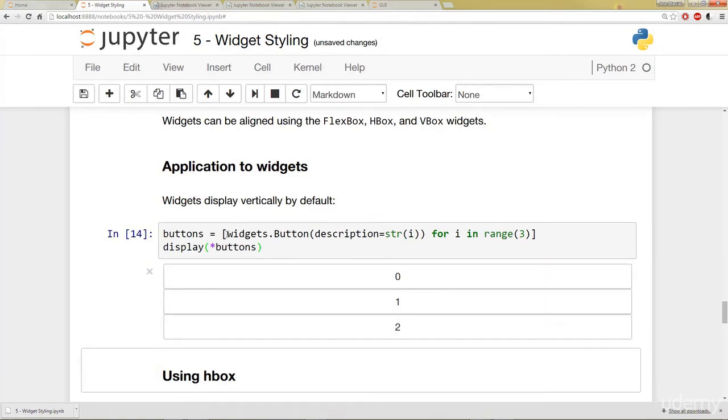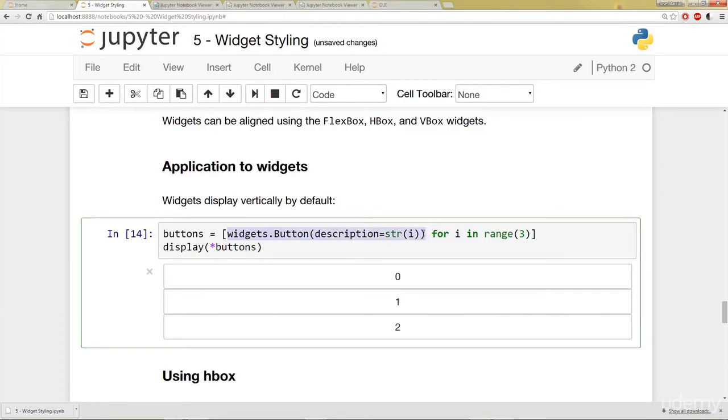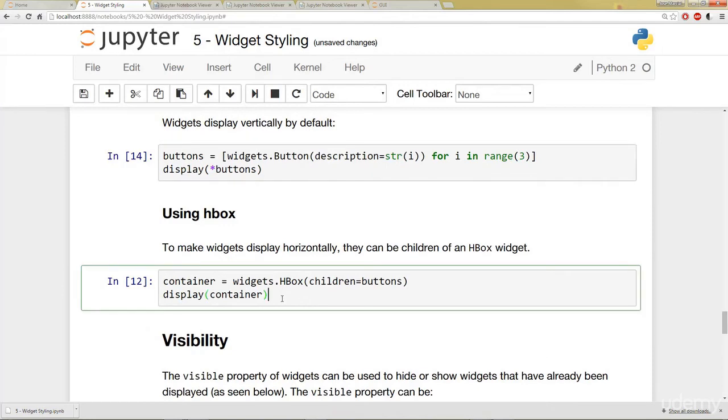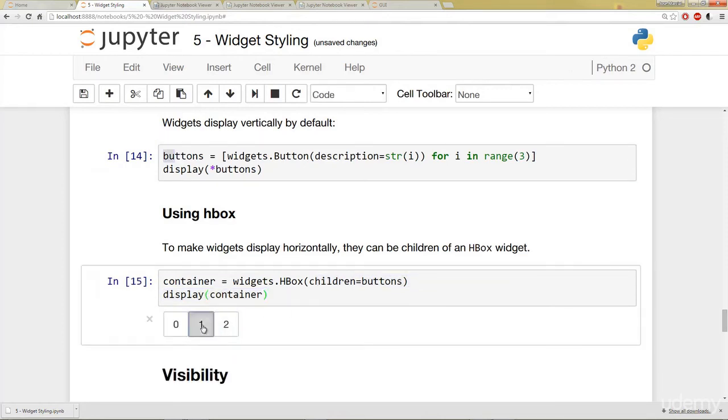So here I'm almost doing like a little list comprehension of 3 different buttons with the description 0, 1, 2. And I click them, and they've been automatically assigned to be vertical. If I want to do them horizontally, I can use hbox with widgets, pass those buttons, that list of buttons, as children. And here we've assigned them horizontally.